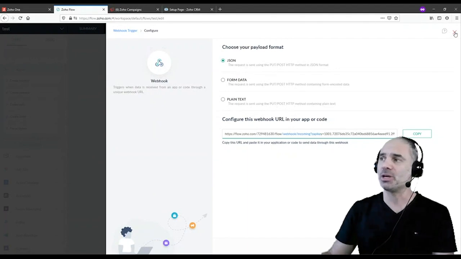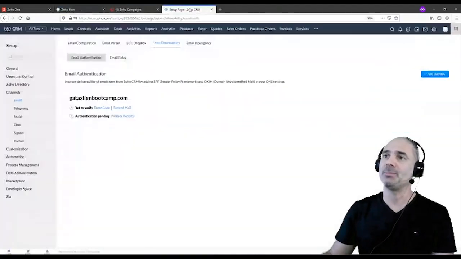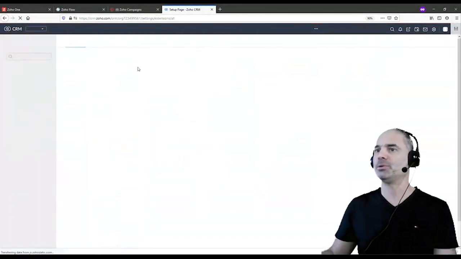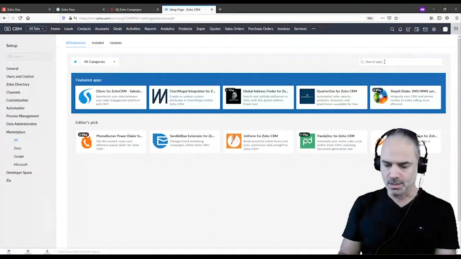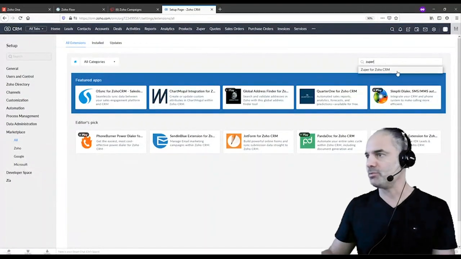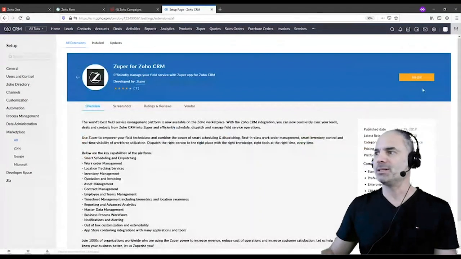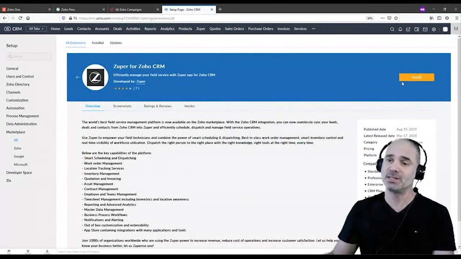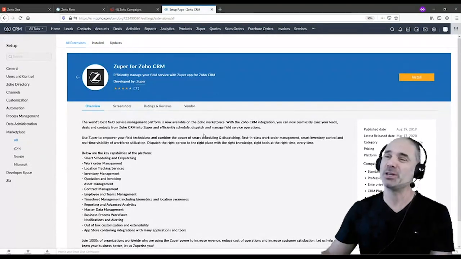And the third option, you have some application that already has applications in the store. So if we go, for example, to let's say Zooper, which is one of the examples, you can see that the application Zooper already has the integration back and forth with the CRM and doing all the magic for you. So that's also an option, an existing app.